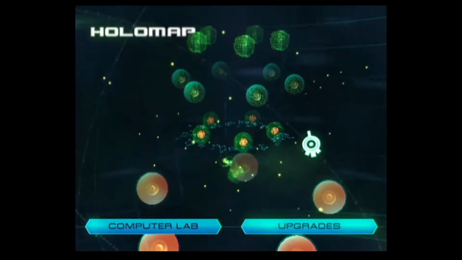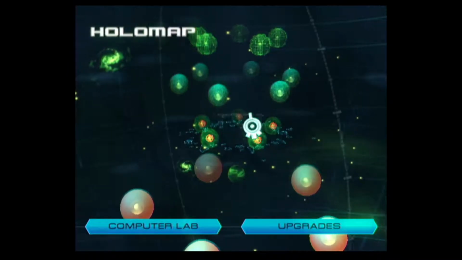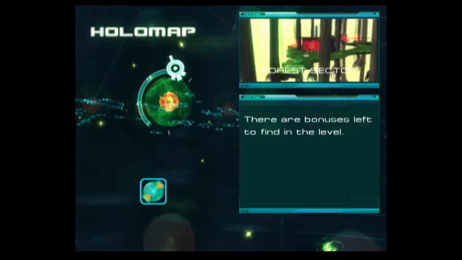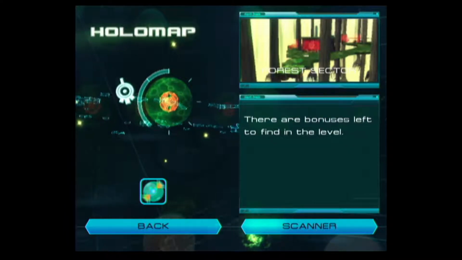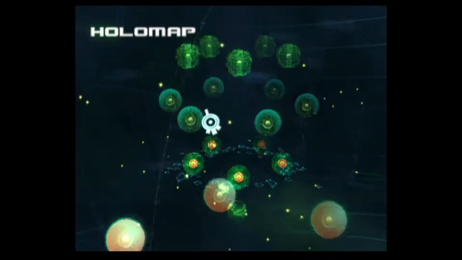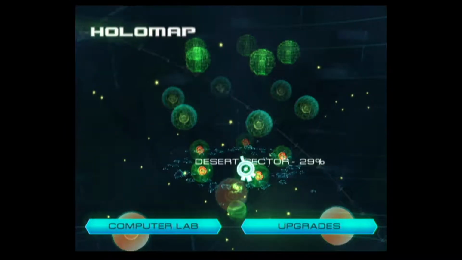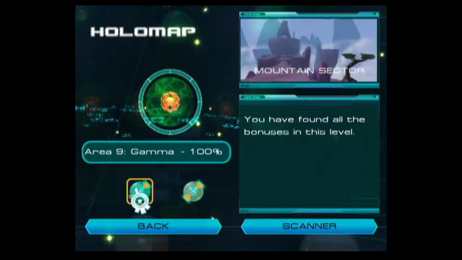If you want to get all the collectibles, you have to get through the Lyoko sectors and the Replicas. The way that you know that is if you go through one of these orbs right here, you will know how much you would collect in each sector by this little bar right here. Depending on how big the bar is, you can see how much percentage you have by completing that sector. You can see I got 40% on the forest. Sector 5, I got 37. Desert sector. The mountain replica, I already 100%ed it